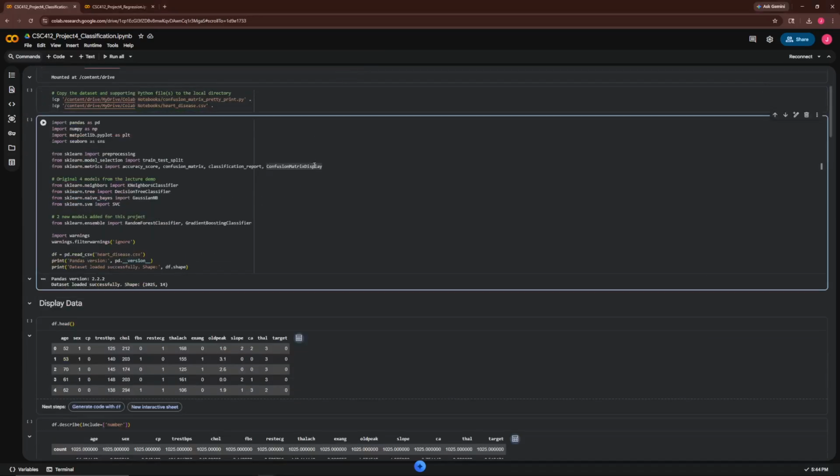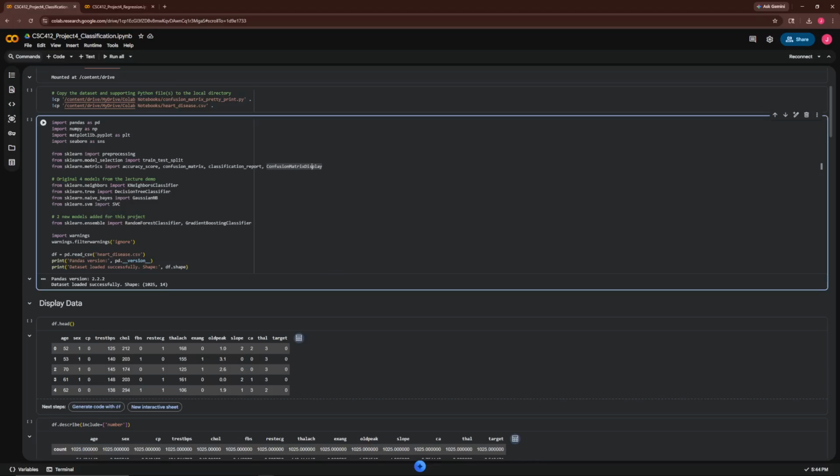And here I have the imports for pandas, NumPy, Matplotlib, Seaborn, and all the six sklearn models. The last line here loads the heart_disease CSV, so that's just our data. The output confirms the shape, so it is 1,025 rows by 14 columns. And I got this data from Kaggle. I got it from both of these